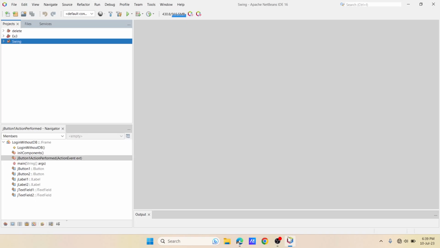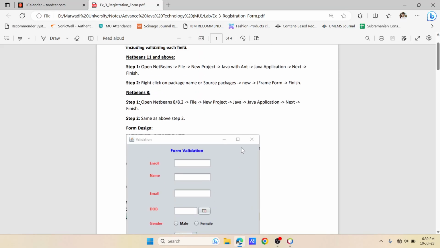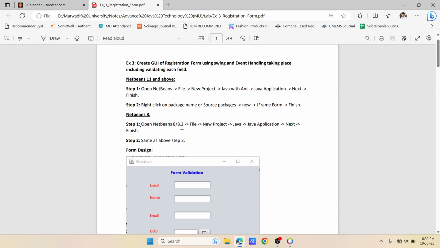So I'm going to start with NetBeans 16. Before that, I'll let you know the procedure. If it is NetBeans 8 or 8.2, then you just have to go to File, New Project, and then go to Java application, and then as usual, create the application. If it is the latest version, like NetBeans 18 or NetBeans 16 or NetBeans 14, so